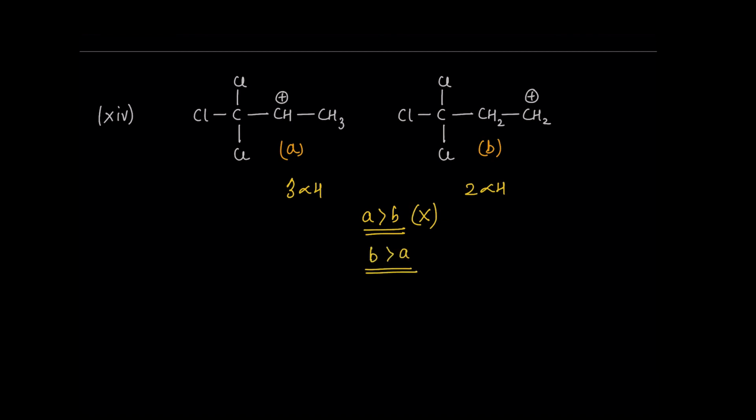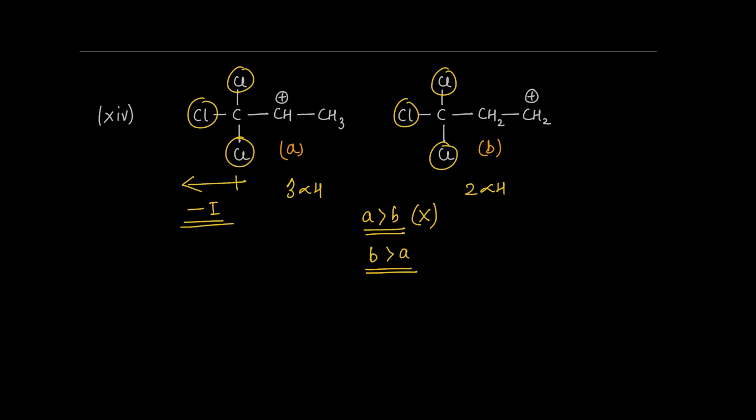Because if you look closely into A, you can find that this carbocation is surrounded by highly electronegative atoms, which can withdraw electrons by -I, which can make it very, very unstable. Whereas in B, the distance from the electron withdrawing groups increases, which makes it relatively more stable as compared to A. Even though there is a difference of 1 alpha hydrogen, still the inductive effect is dominant in this case, so